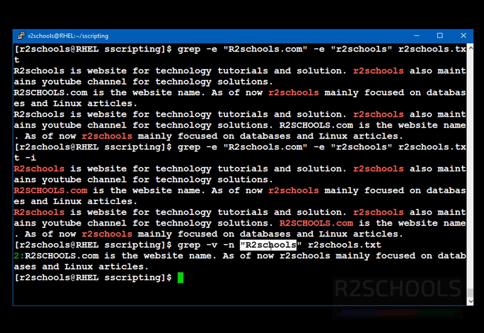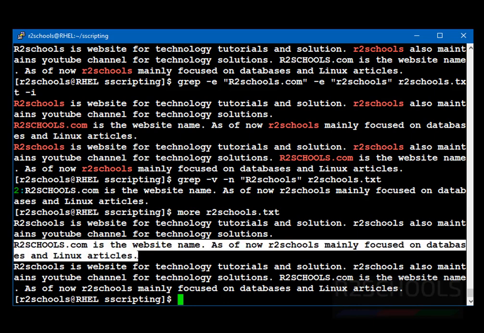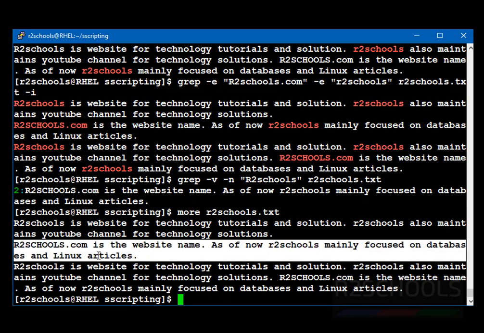This R2schools with capital R is not present in the second line. See, let's verify. More r2schools.txt. See, the first line contains this keyword and the third line also contains the same keyword. First letter is capital and the remaining are small, but the second line doesn't contain the first letter capital and remaining small. Okay, see, it is nowhere present in the second line.